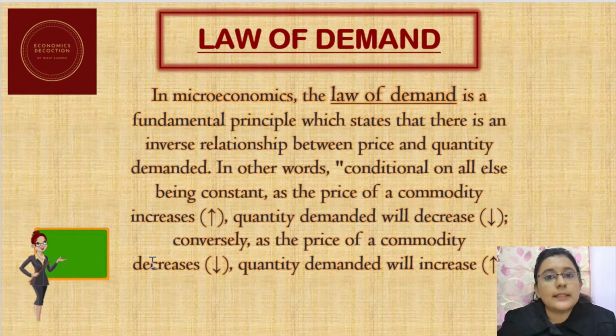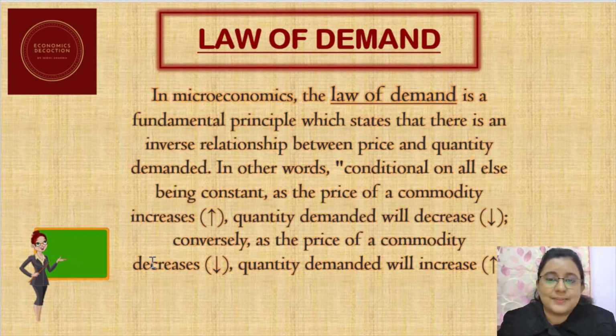And we consider that the other factors or the other determinants of demand, that is price of related commodity, income of the consumer, taste and preferences, everything is considered to be constant. So let me tell you one term. There is a term called ceteris paribus, that means keeping all other things being constant. So this idea of ceteris paribus applies in law of demand, and the law of demand states that keeping all other factors constant, the price of a commodity and quantity demanded of a commodity has an inverse relationship with each other.